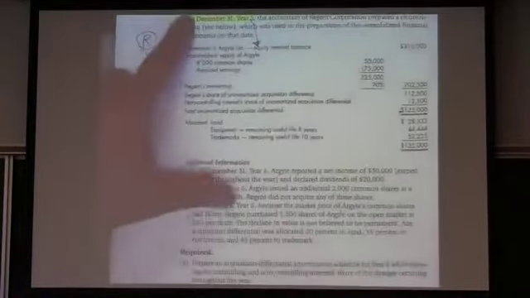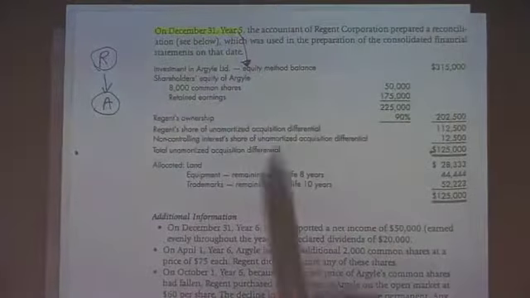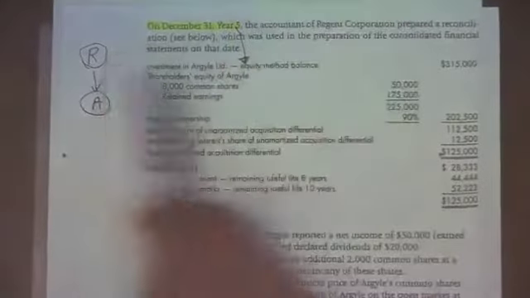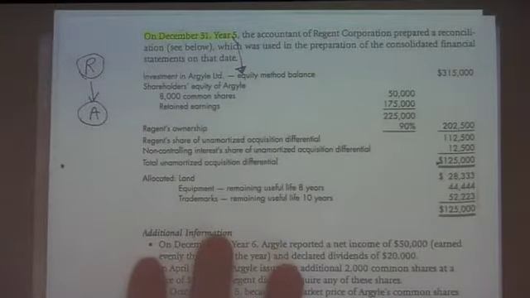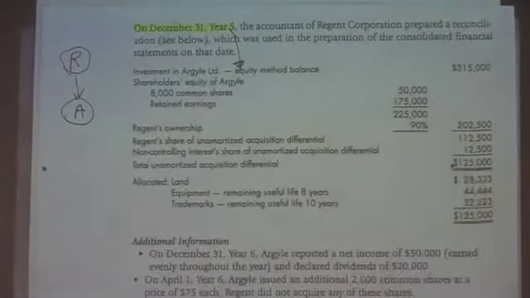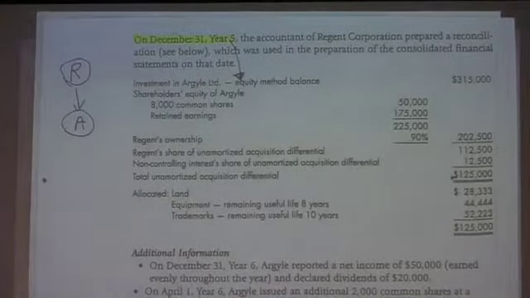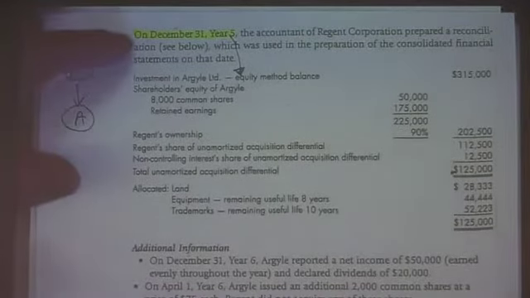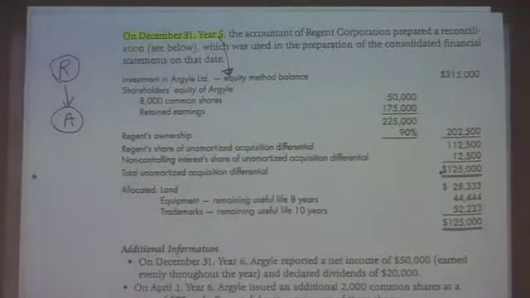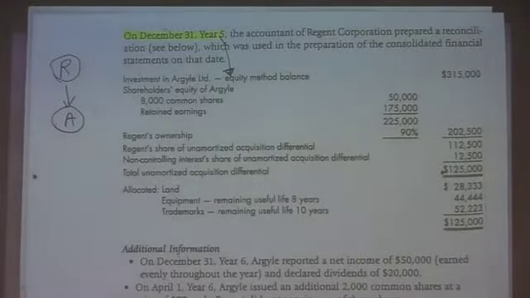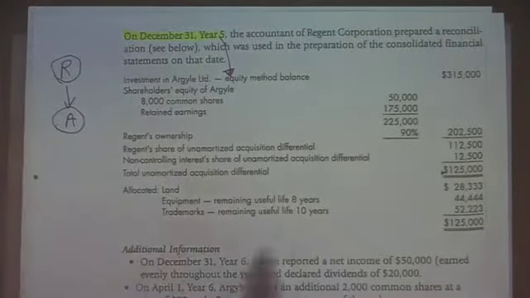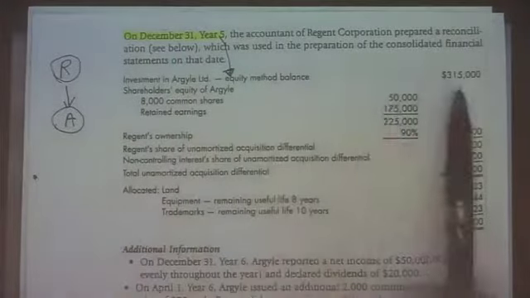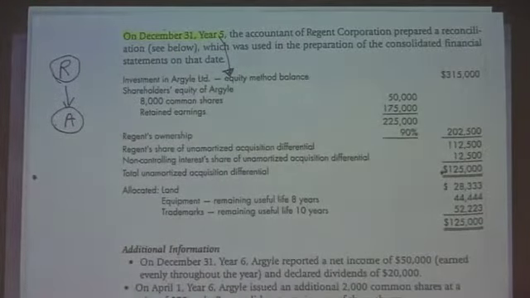So we've got a company called Regent, and on December 31st, year 5, they prepared the reconciliation of the CBLO in preparation for the consolidated financial statement. So what I like to do is highlight the fact that this is December 31st, year 5. I also like to note the relationship, and Regent in this case is the parent, and Argyle is the subsidiary. You've got an investment in Argyle under the equity method, and then what they've done is they've